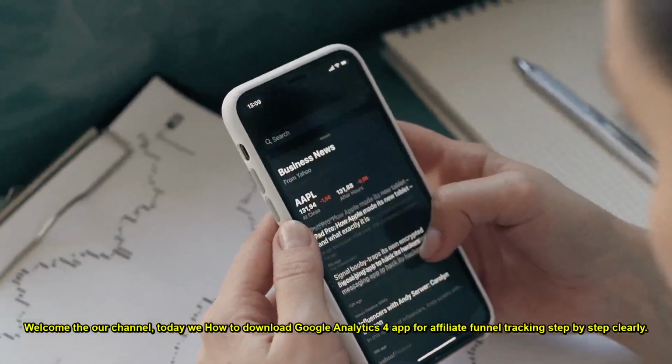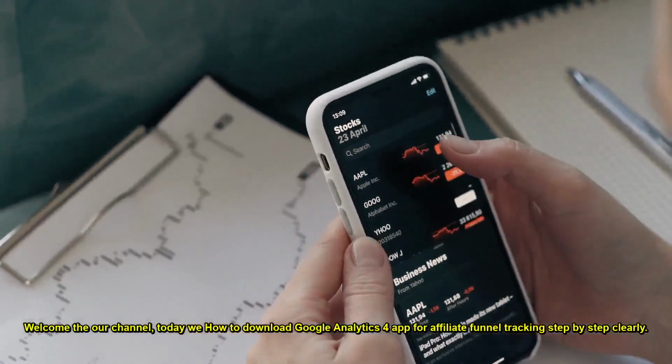Welcome to our channel. Today we show how to download the Google Analytics 4 app for affiliate funnel tracking step by step